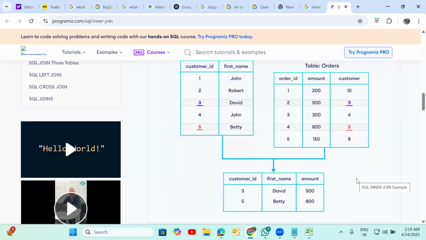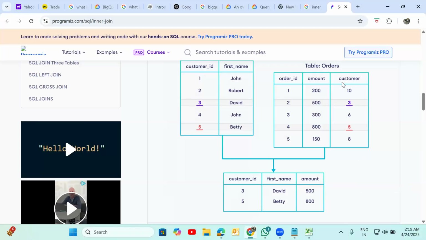Now, your clarity in this pitch, in the scenario. Okay, so the customer ID on the left table is one, and the order ID on the right table is one? No, forget it, the order ID. Just consider customer ID equal to customer ID. Order ID is not related to us.